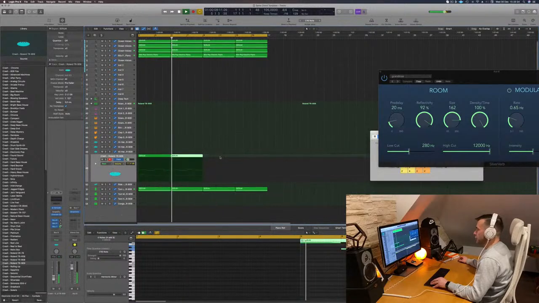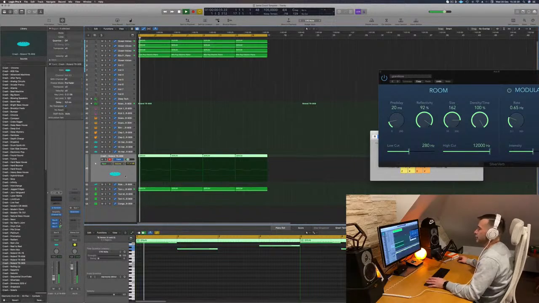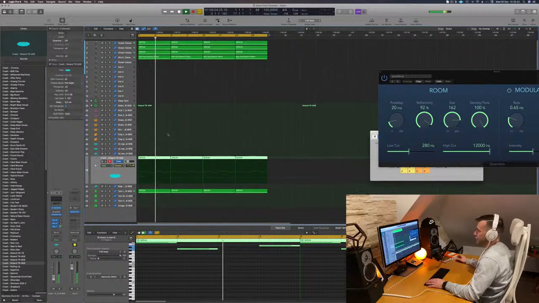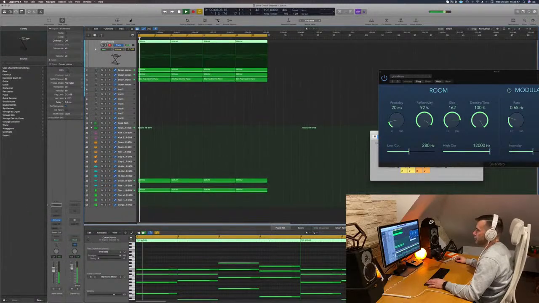Of course, the fun thing about what I'm doing too is that the crash is in tune with the melodies, so it hits the same keys as what's happening here. So if I drop that,